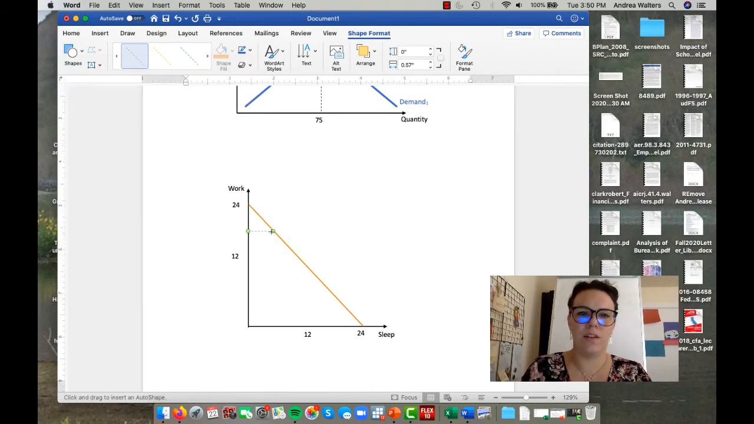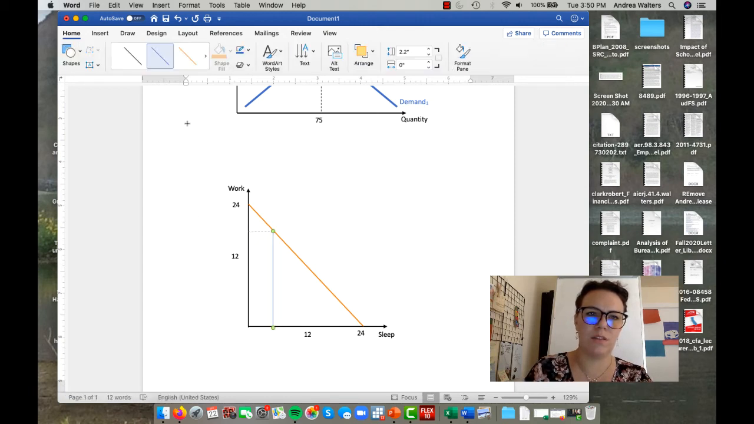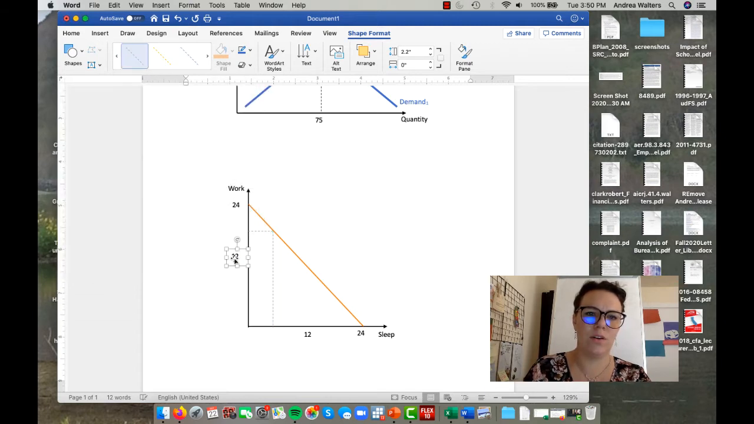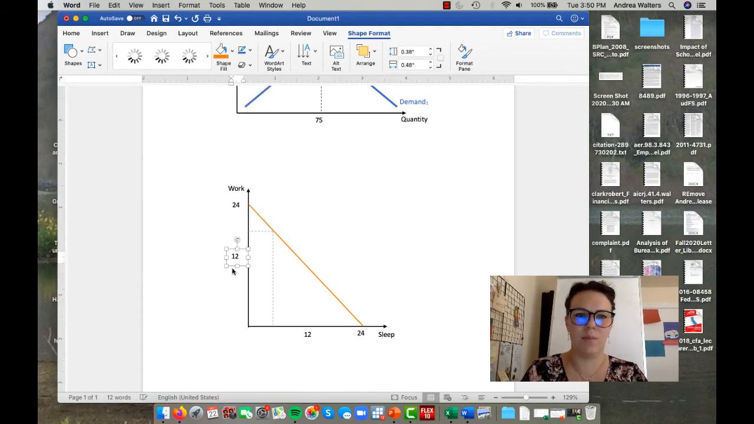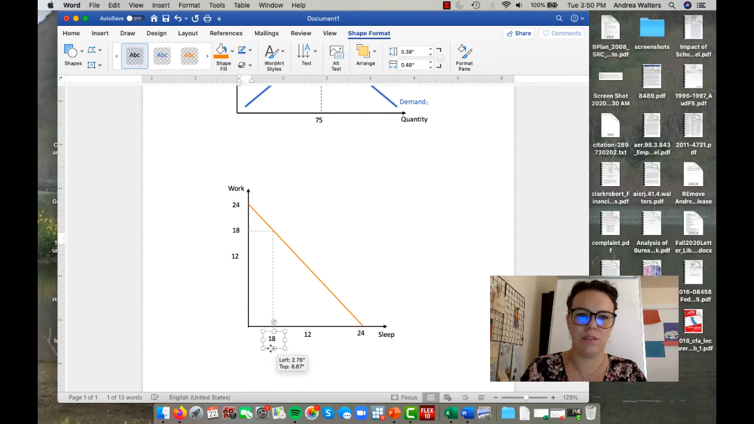And then I can draw another one and say, okay, well, maybe I work 18 hours and the rest is sleep, right? And I can label that. I can put my graph in. I can copy and paste these little text boxes to give myself the numbers I want. So if I work 18 hours a day, that leaves me 6 hours for sleep. And now I've got a little PPF,